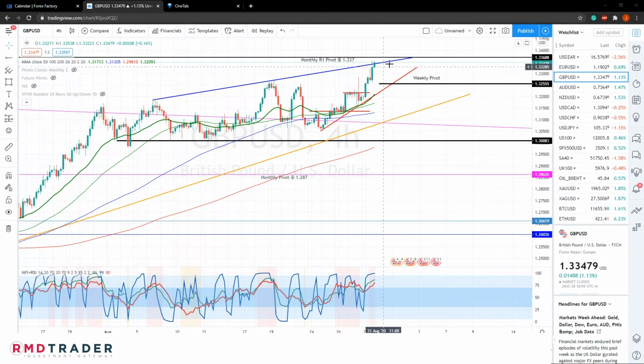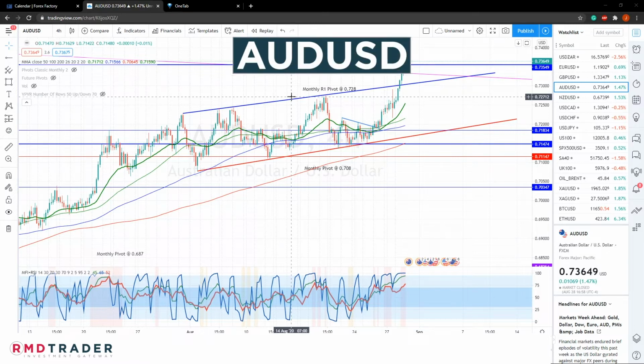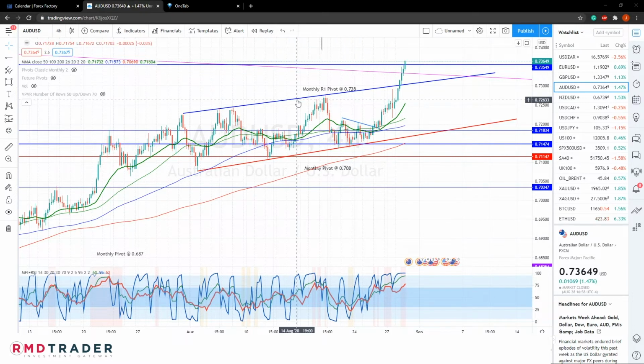So depending on how late in the week we test this, it might be anything from 1.315 to 1.319. So also take note that we do have our 100 SMA on the 4 hour that will act as additional dynamic support. And now looking at the Australian dollar to USD, we saw a very strong breakout last week